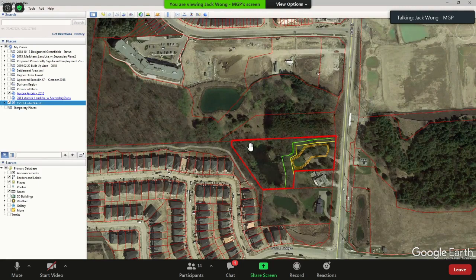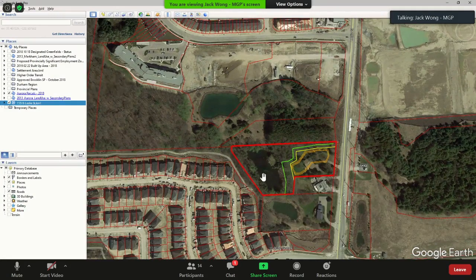So we have done a full environmental impact assessment on these features and has been submitted to the town and the region for review. We certainly propose some of the restoration, replanting along the buffer edges, but because the state of these features has been more or less naturalized for more than a couple of decades, what we're proposing is to leave these features in the natural state as much as possible without any disturbance to it. But certainly there is opportunity for us to look at that western edge and the interface to the subdivision to the west in terms of any additional plantation or landscaping that could be done at that particular location.